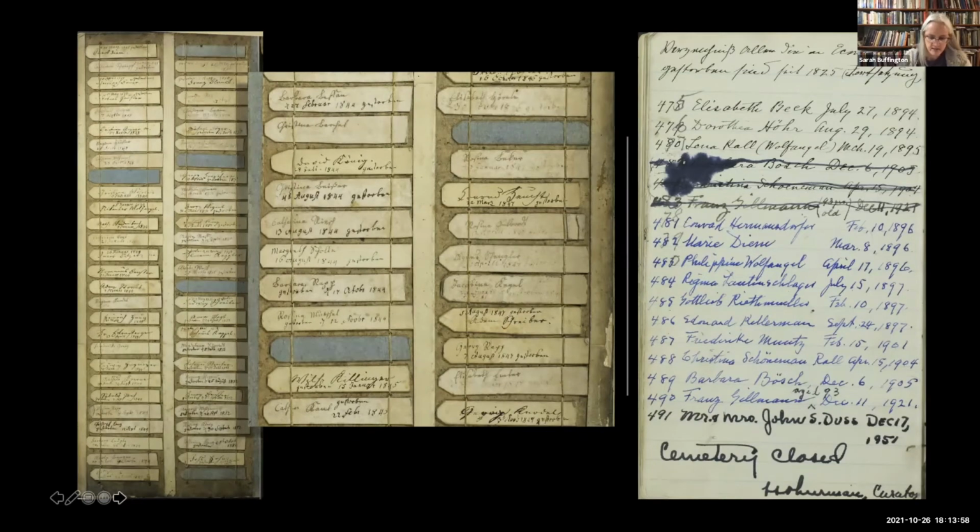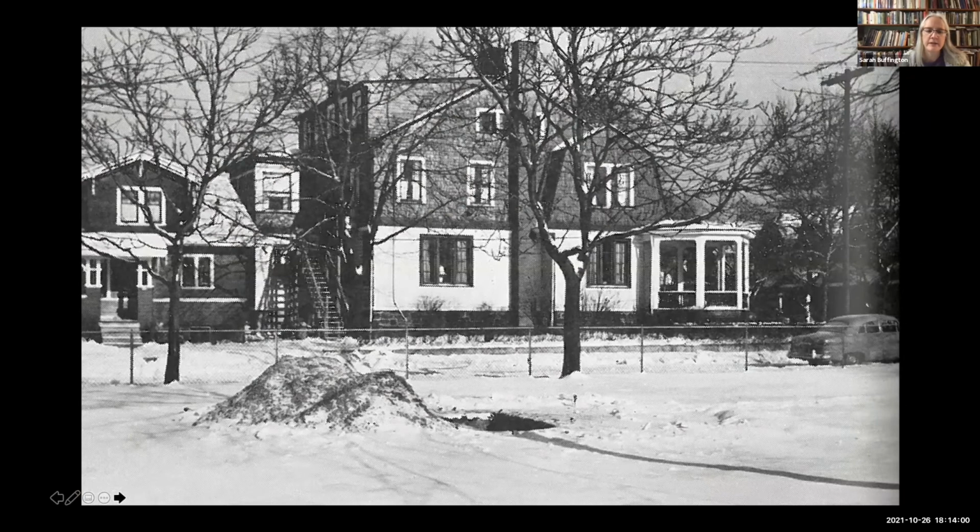He was buried, the last person in the cemetery buried. This is his grave when it was open. And when they were down there for his burial,